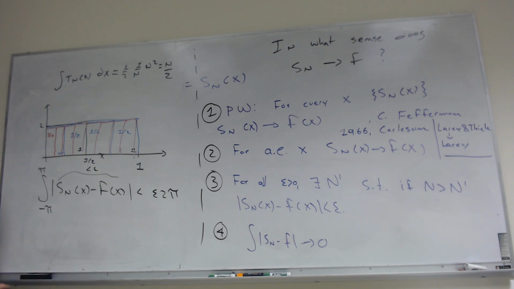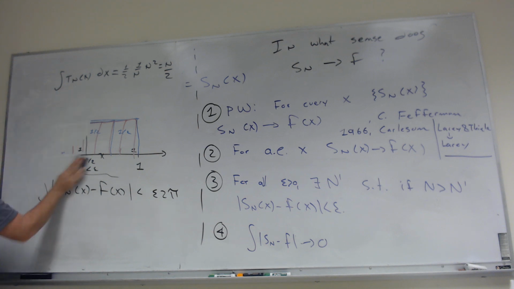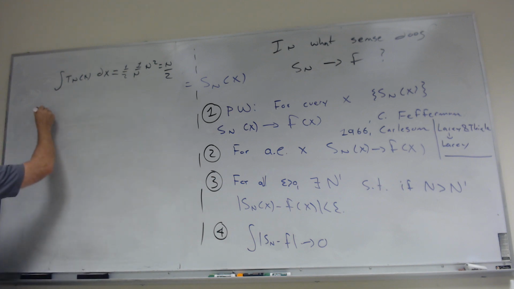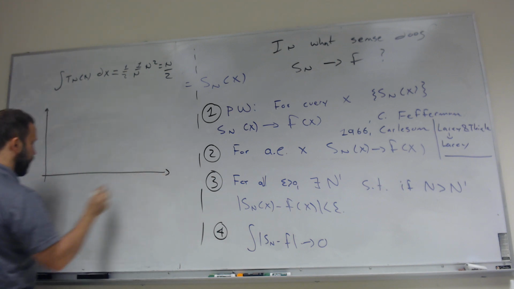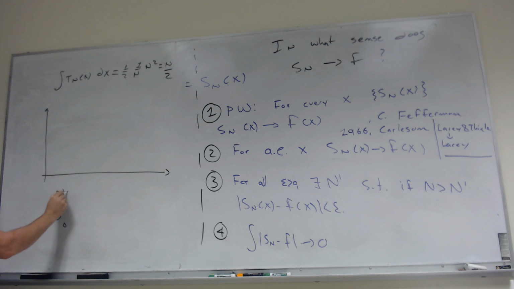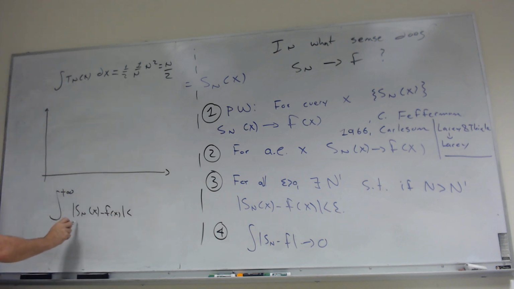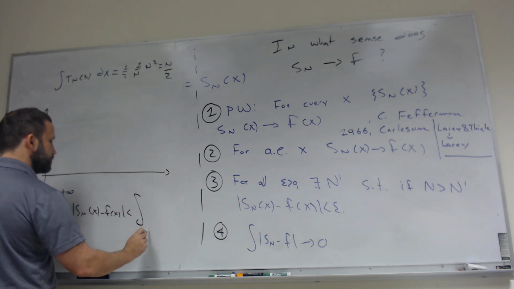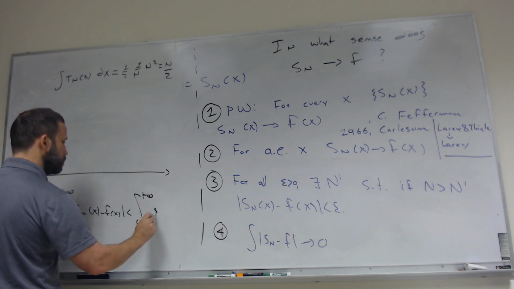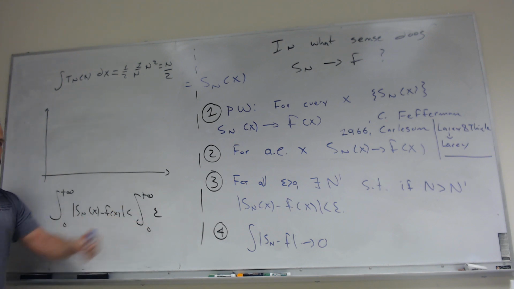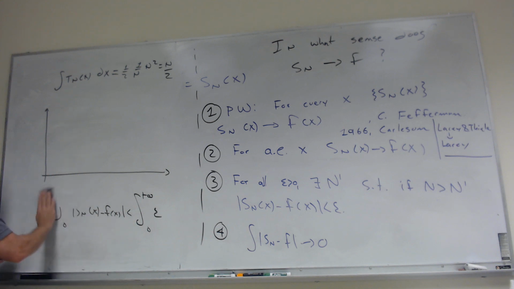On the other hand, if I look over, let's say, 0 to infinity, I no longer have this. Because if I look at the integral from 0 to positive infinity of Sn of x minus f of x, well, if Sn of x converges uniformly, this is definitely going to be true. I can make n large enough so that this difference is less than epsilon, but now I'm integrating over an infinite space, so this bound doesn't help.